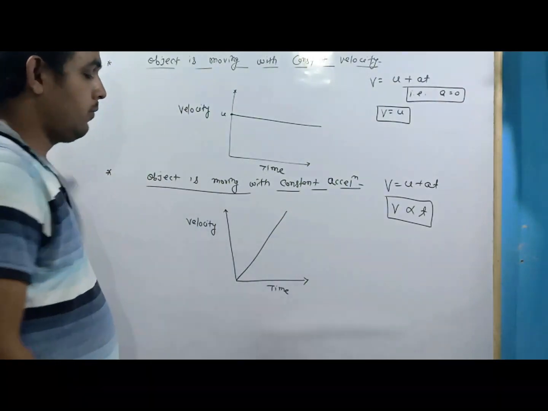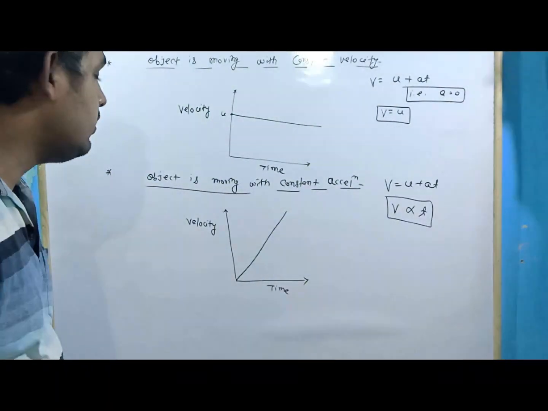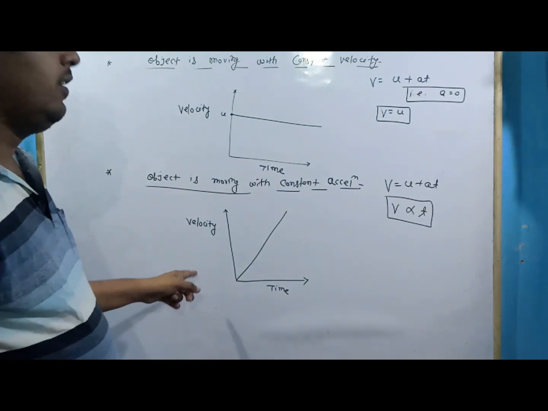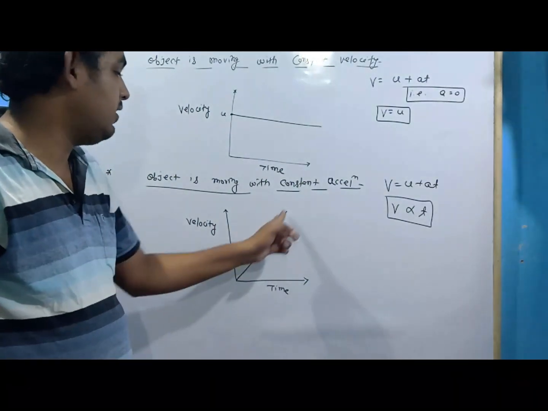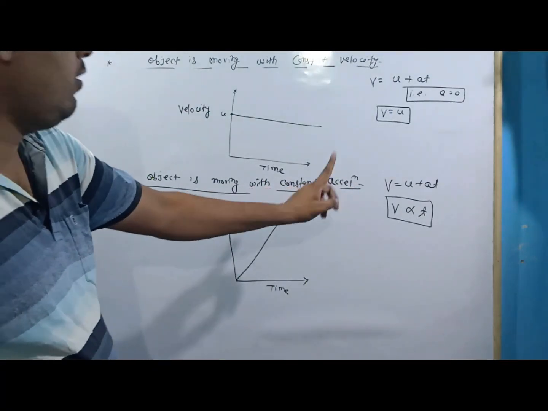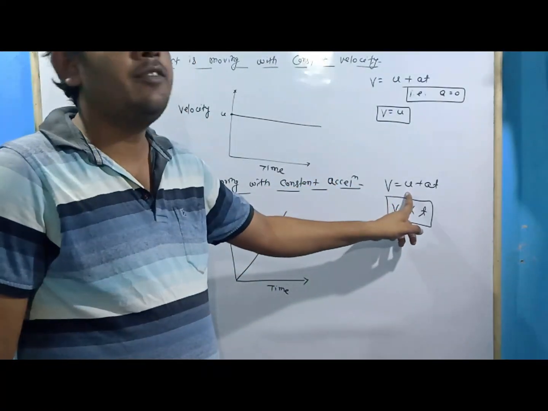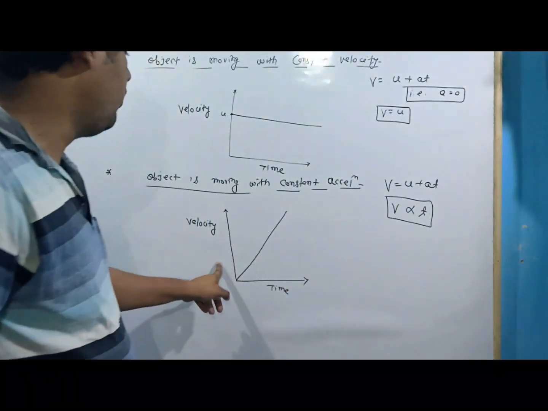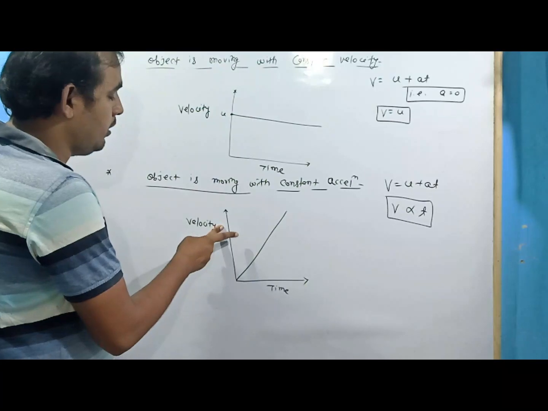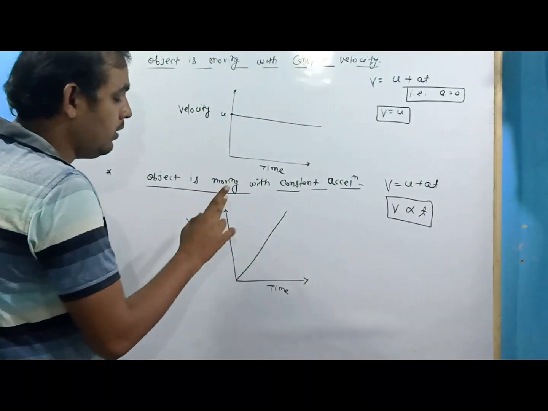like this. Since we know that the graph of a linear equation is a straight line, so in this case we are going to get a straight line which is starting from the origin, from that logic. And if there is some initial velocity, it is not necessary that it is going to start with something. कुछ केसेस में ये यहाँ से भी स्टार्ट हो सकता है, कहीं से भी स्टार्ट हो सकता है.